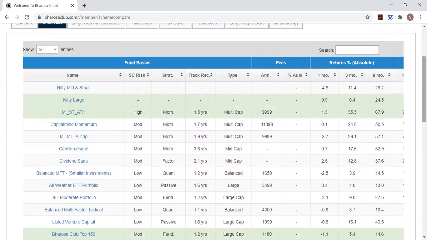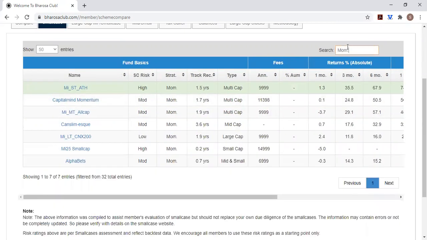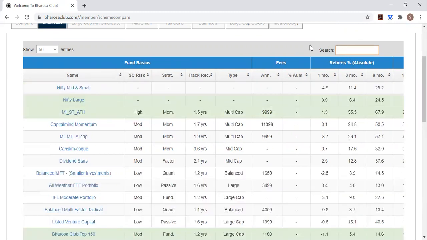You can sort similarly by these strategies. If you just want to look at the momentum strategies, you can just type in MOM here, and this will only show you the momentum strategies. So you can use the search bar to filter further. It's a really convenient way to help you find the right small case for the particular strategy that you're using.